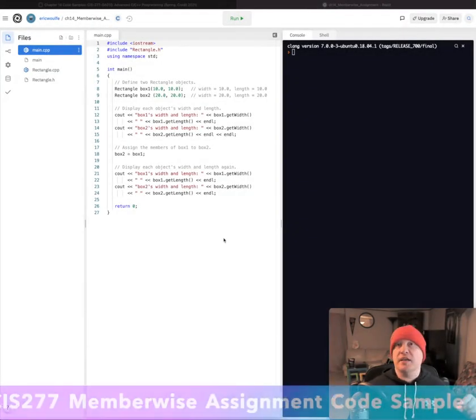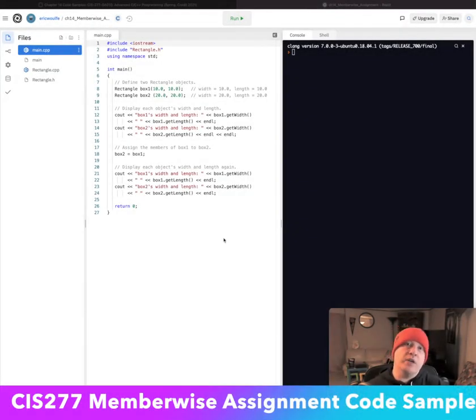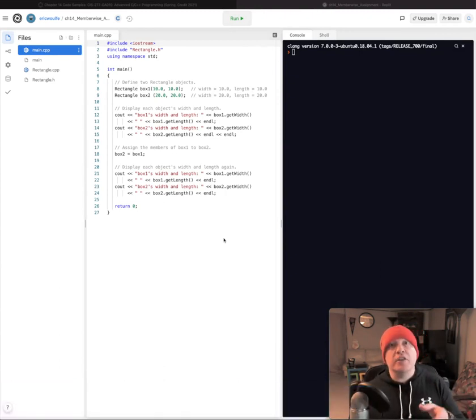For Memberwise assignment, remember what we are doing is we are leveraging the class definition to assign the stored variables from one instance of a class to another instance of a class. So for this example, we have a rectangle. Now, for that rectangle, we only have the two variables associated with it. We have length and we have width. So for all of you who claimed not to need grade school math, here it comes back to bite you